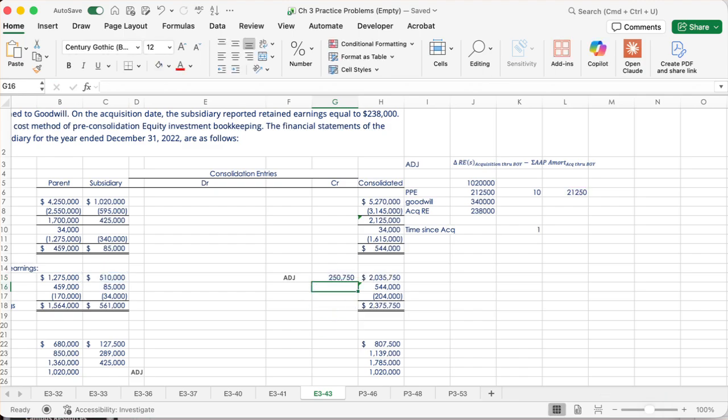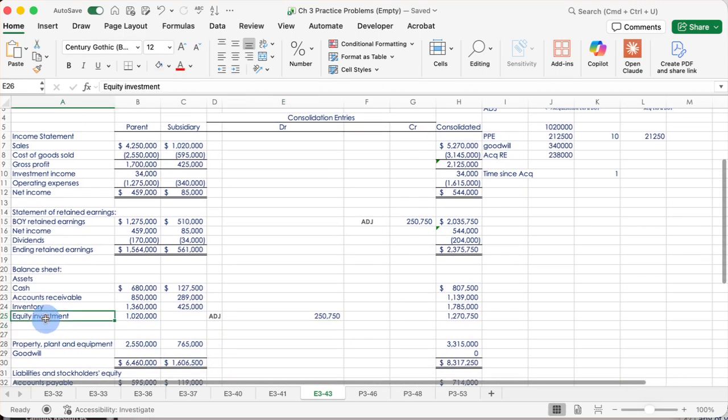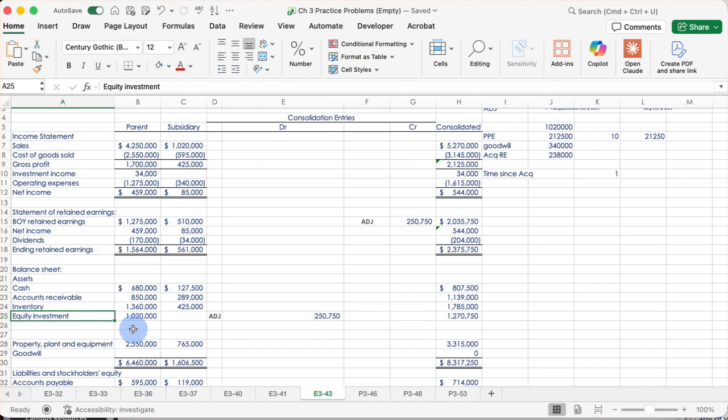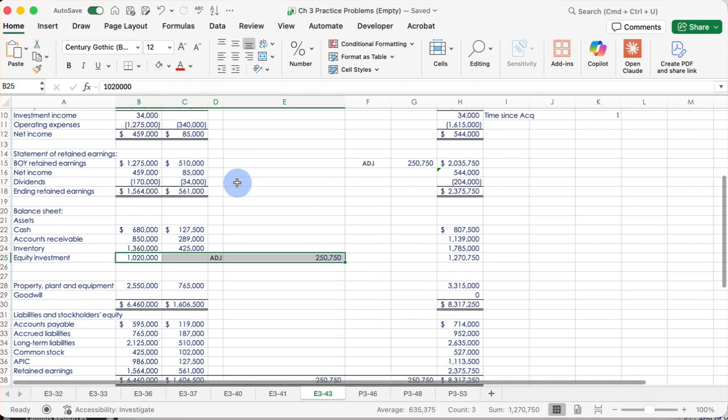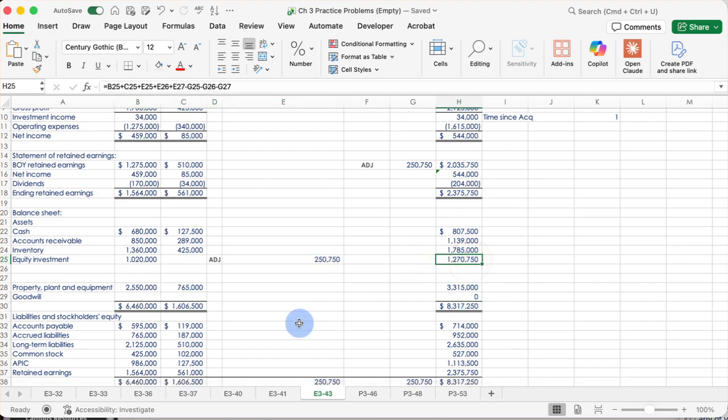And so when we do that, we get 250,750. And we'll also post that down here. And now this equity investment, we see before we've done anything else, before we've done any of our CD entries, it's currently sitting at 1,270,750. So we updated it from the cost method of 1,020,000